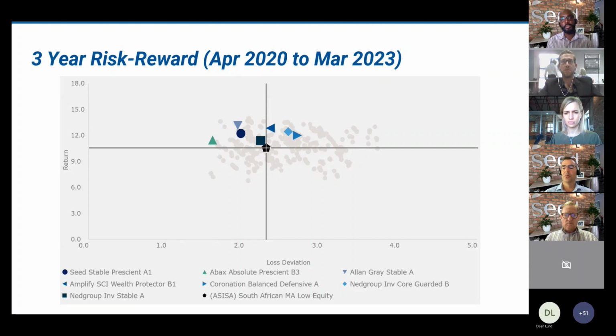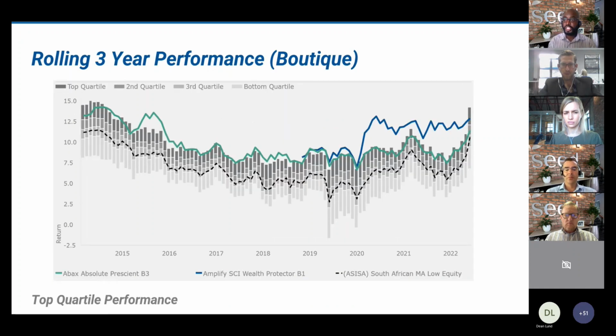If we look at the performance over a longer period of time, just on a rolling basis, just to see how these 3-year returns have been changing over time, and just so that I make sure that you don't have just one crowded chart, I'll go through those different categories that we looked at, the boutiques and then the large managers. So just to kick off on that, just on the boutiques section, then you can see the ABAX and the Amplify just on a rolling 3-year basis, with those gray blocks actually representing your peer group quartiles. Then these funds have pretty much delivered top quartile rolling 3-year returns. So quite a great performance over time for both funds.